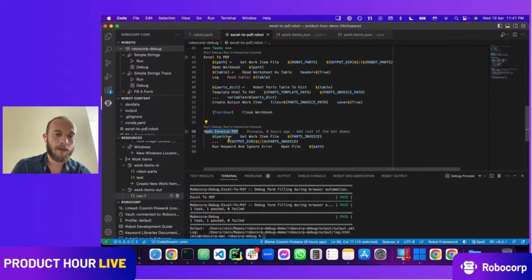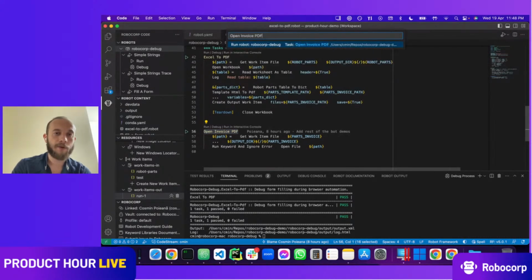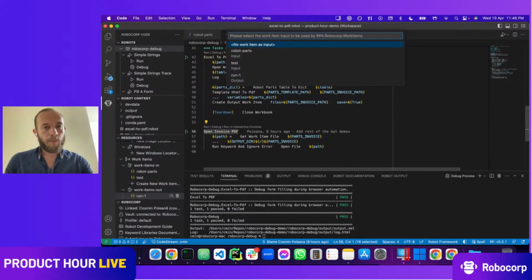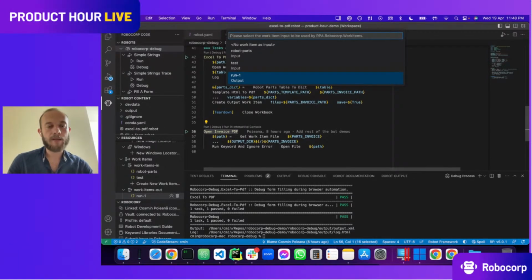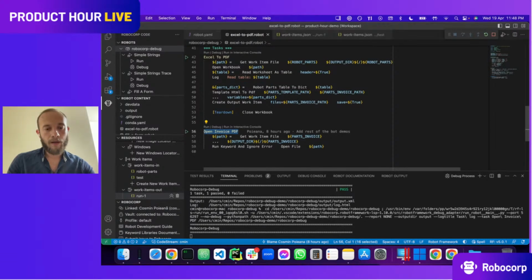So what I'm doing in this one, I'm just retrieving that invoice PDF file and opening it. So I'll be running the bot again, but this time I'll be running the other task called Open Invoice PDF. And once I'm running this, I won't pick again the work item I picked for the last task. I'm picking now this run one, which is the output created from the first run. That will become the input for this new task I'm running here, Open Invoice PDF. And once I'm running this,